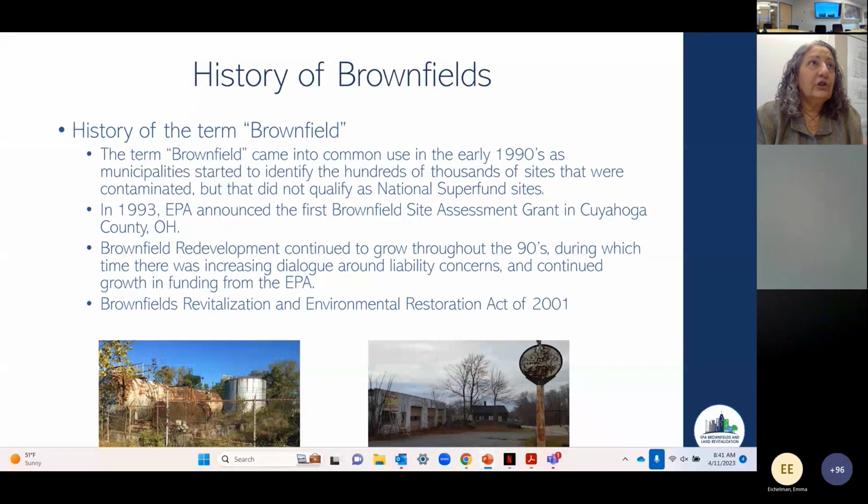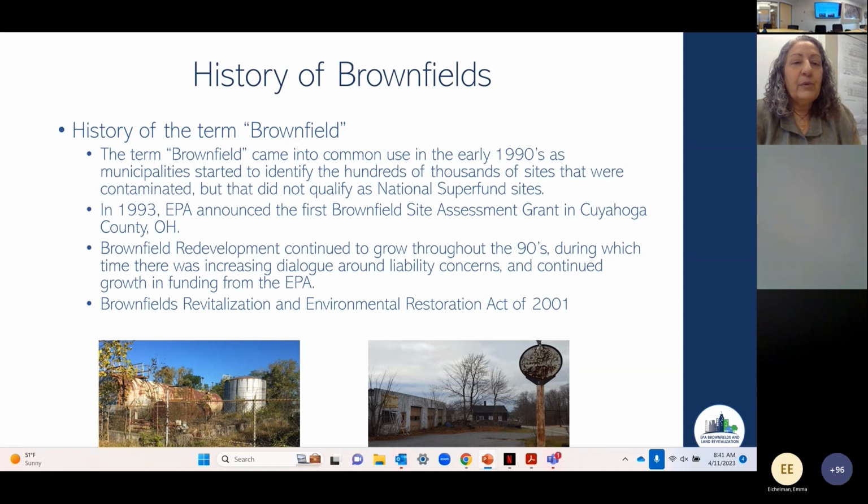So brownfield, the term came into use in the early 90s. There are a couple of people who are credited with coining the term, but I suspect that may go as an urban legend or unknown for certain. But it did come into use in the early 90s, and